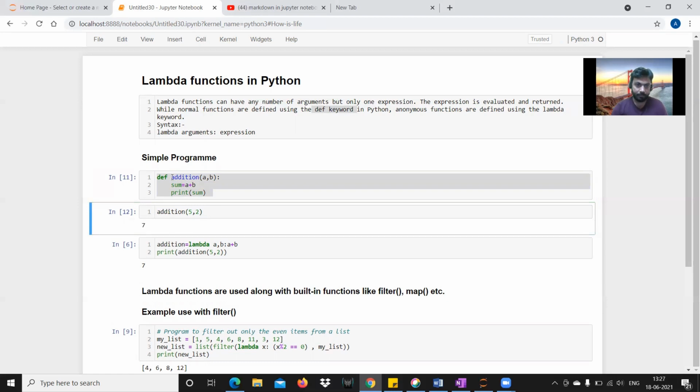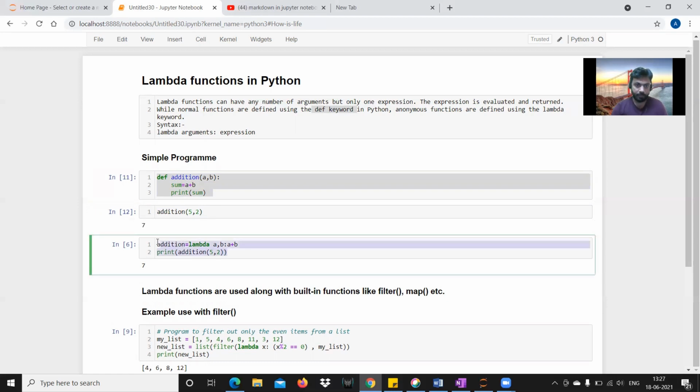Now the same 4 lines of code I have done here in 2 lines. I have written this Python program for adding two numbers using a lambda function. You can see how our code has simplified from 4 lines to 2 lines. It can decrease the number of lines much more if our code is larger. Obviously, it is very useful.